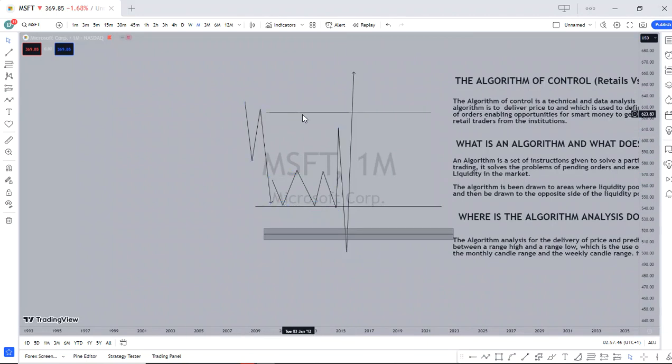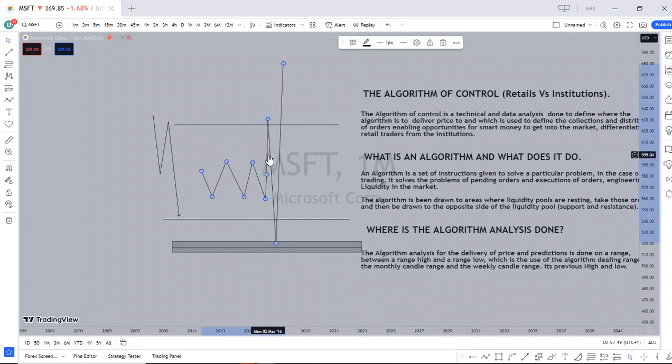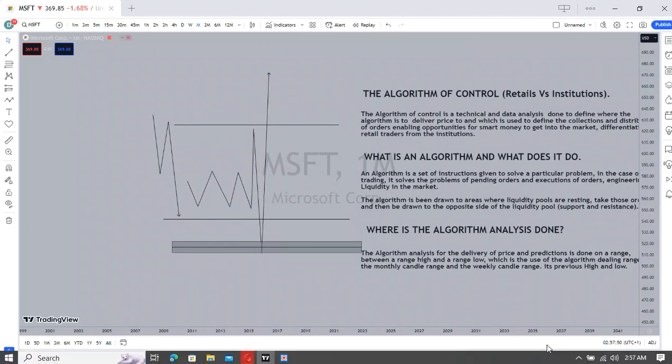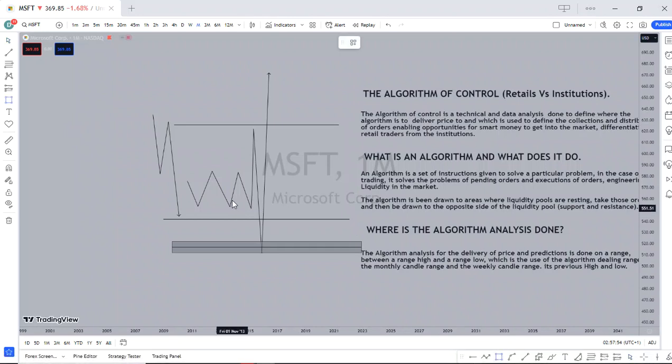Unless it decides to find directional buyers to trade higher. And if it has to continue trading higher, then that means there will be an order block right here. So if price hunts it and then starts to sell off to those who are willing to buy, if this order block is valid, then price will use that to continue going higher.